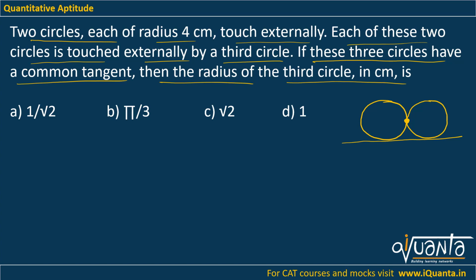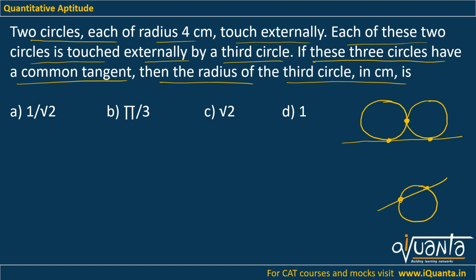I hope you know what a tangent is. A tangent is a line that touches a circle. There's a difference between touching and intersecting. If I am drawing a circle like this, and a line like this, it is not a tangent, this is a secant because it is intersecting the circle at 2 points. A tangent is a line that touches the circle at only 1 point. So a secant intersects the circle at 2 points, a tangent only at 1 point. So this will be the common tangent to both the circles.